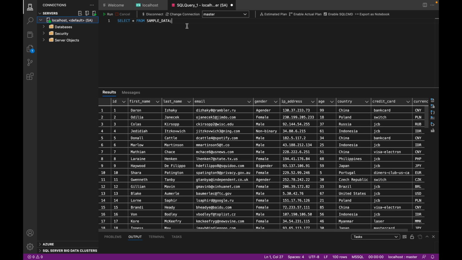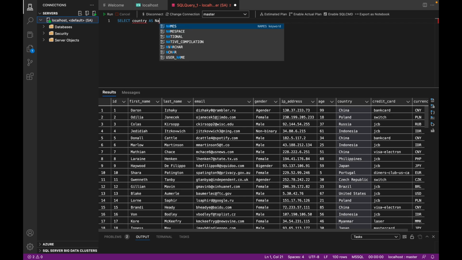So let's start with a simple alias use case. Suppose you see this country column here. I've just done a select star from sample data. This is the sample data, and you can see there's a country column. Suppose you wanted to change country and call it nationality instead. Based on the syntax I showed you, you select the column name as it is in the table, that's country, in small case, AS, and then you specify the alias name. You can give nationality,